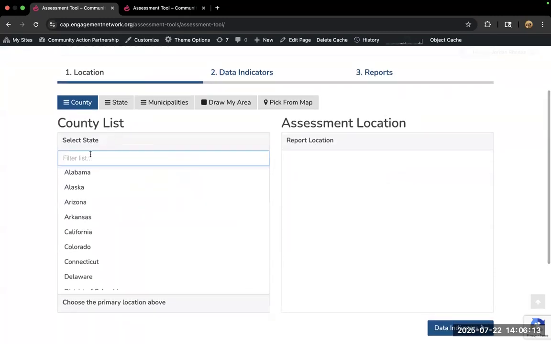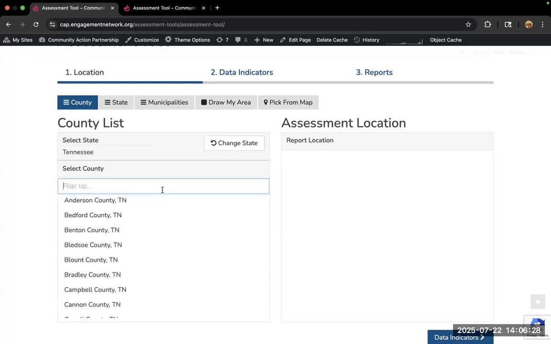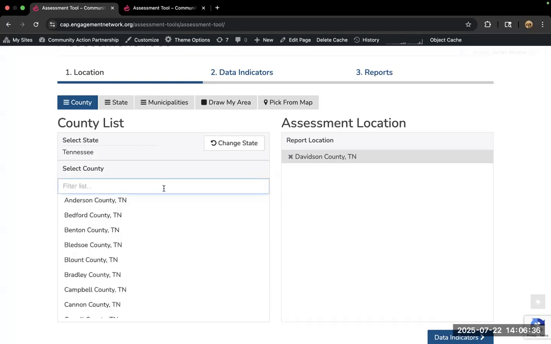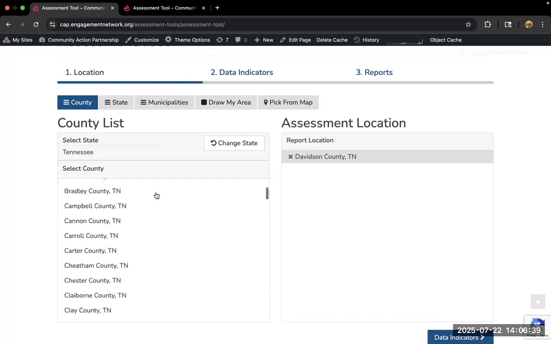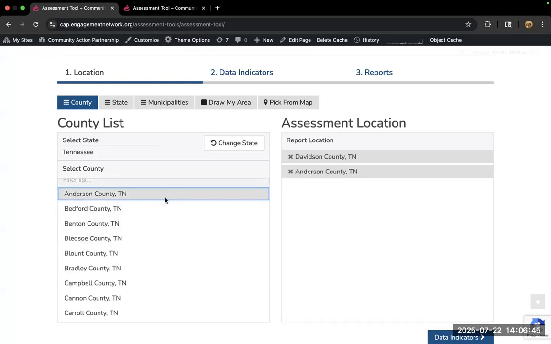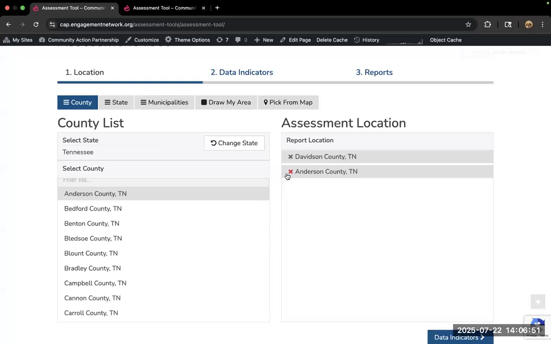For our first step, we have a lot of different options, but our first option here is a county level report. So let's start with that. Let's say I want to go to Tennessee and let's do the Nashville area. So we'll do Davidson County. And so we have Davidson County added to our report. I used that search bar at the top, but you can also scroll through all of your counties. To add that county to my report, all I did was click its name, and then it gets added right there. And then I can click the X beside any county name to remove it.